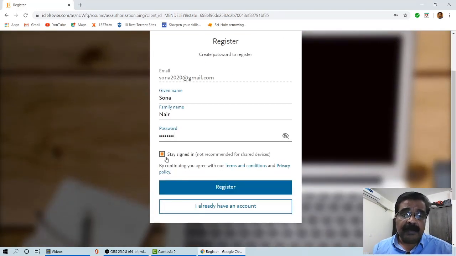And here there is an option, stay signed in, not recommended for shared data. If you are working on a public device, a public computer, don't use it. Otherwise you can keep this always on and click on the register option.